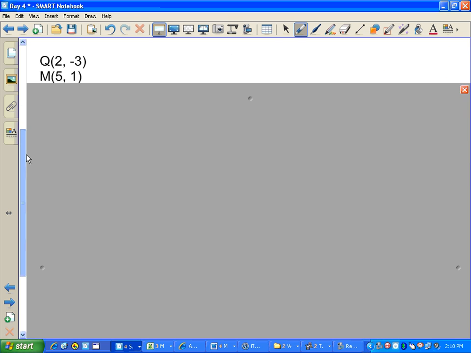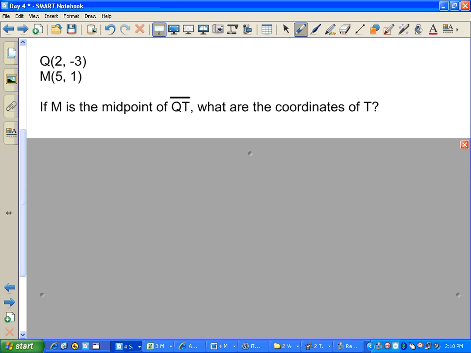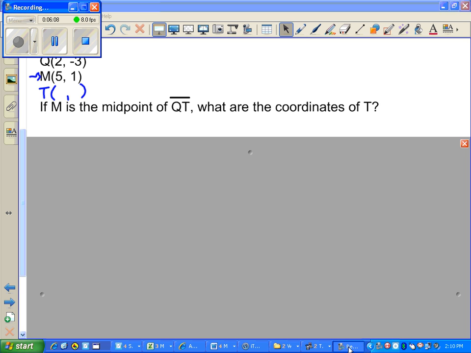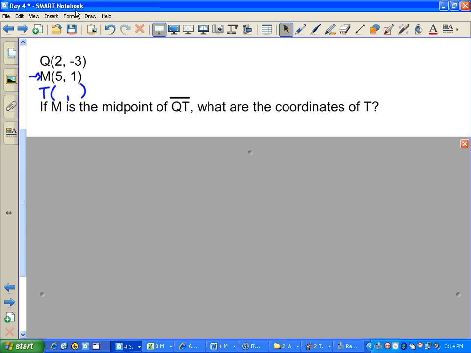Another use for this is if they give you a midpoint. So they're telling me this is my midpoint of Q and some T. I don't know what T is. I'm trying to figure that out. There's a couple ways to do this. First way